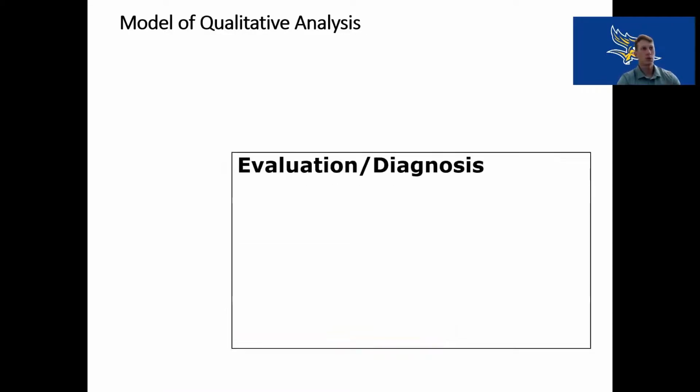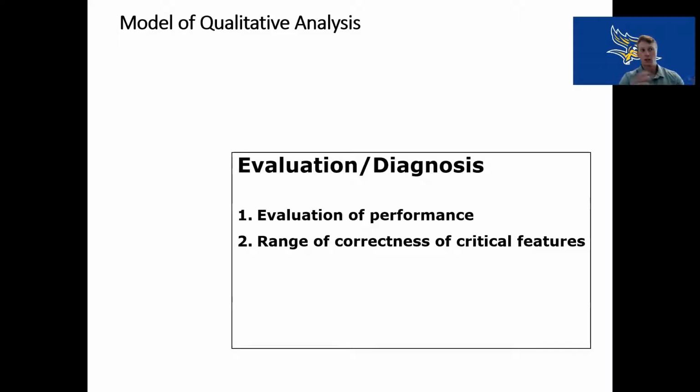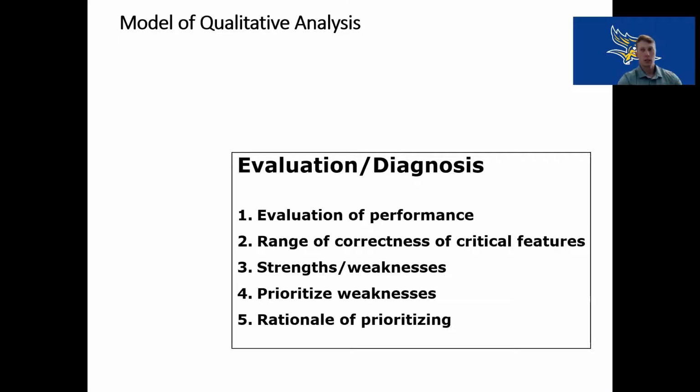Then we move to the evaluation or diagnosis phase. Okay, this is where we have observed the movement and now we're making a judgment based on the correctness of the critical features. So we've identified what is critical to achieve that movement or that task, and now we're giving an evaluation or a judgment based on the correctness of those features. So how well they met the criteria. Okay, where were their strengths and weaknesses within the movements? We need to find those weaknesses,